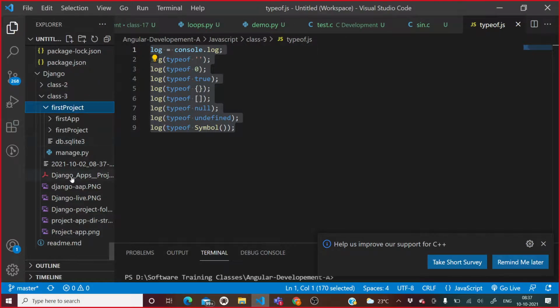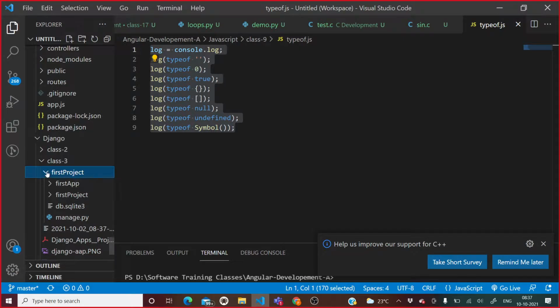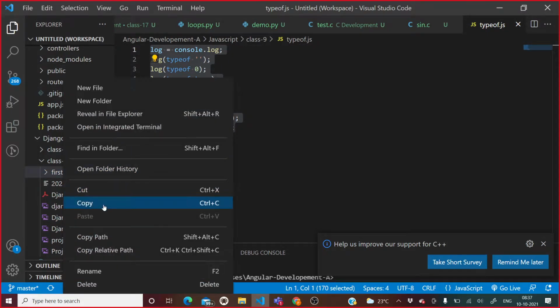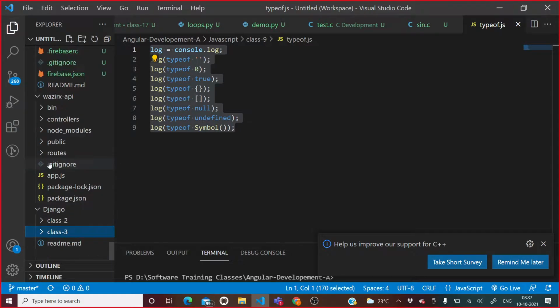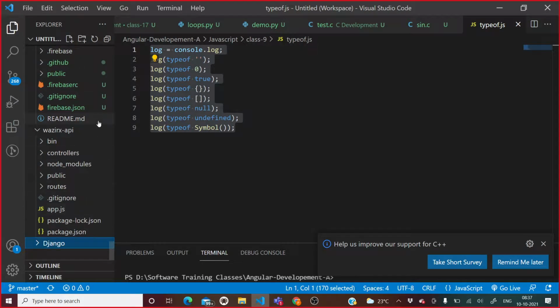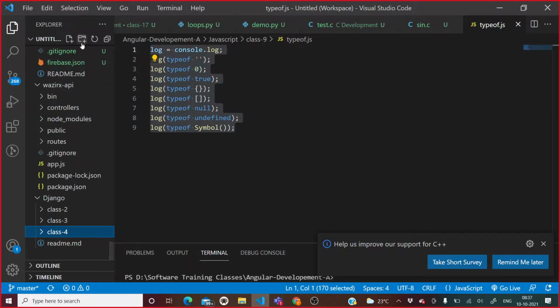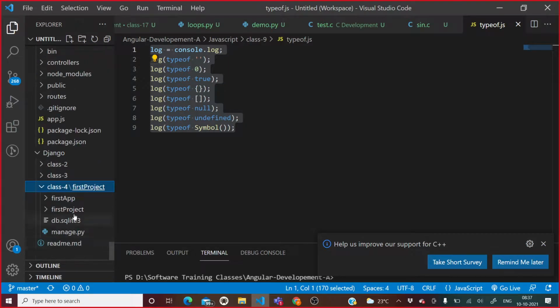Now what I'm going to do, I will copy this first project and create the class 4 folder here. In this I'm going to say class 4, fine, and I will paste it here.